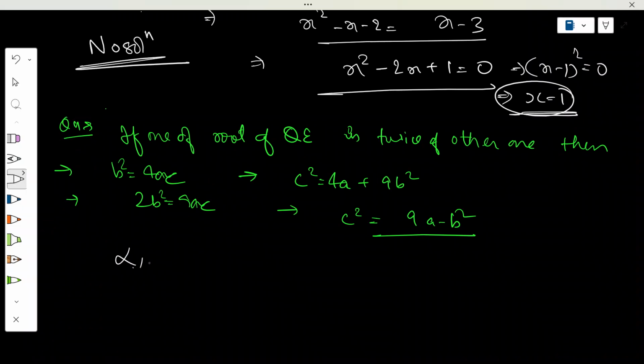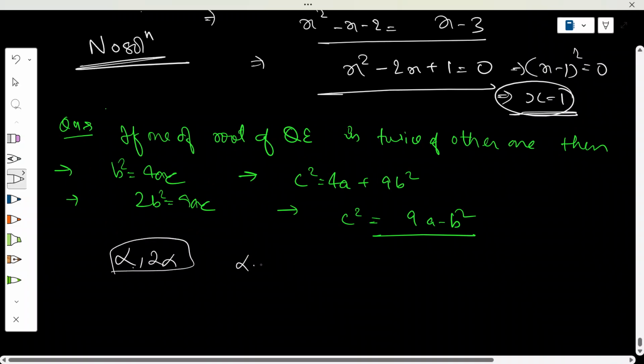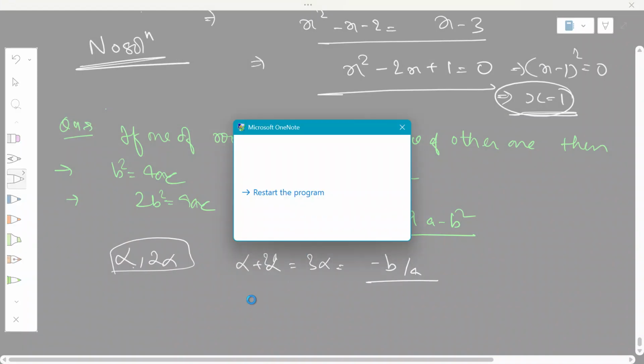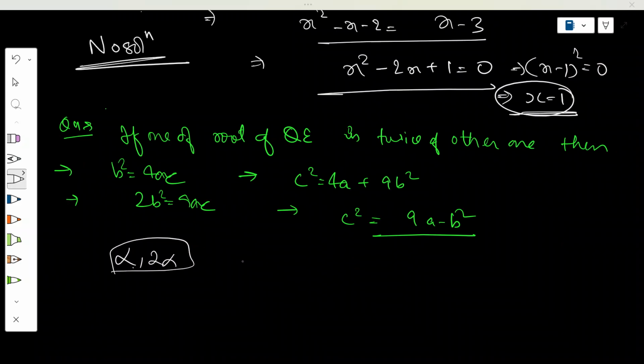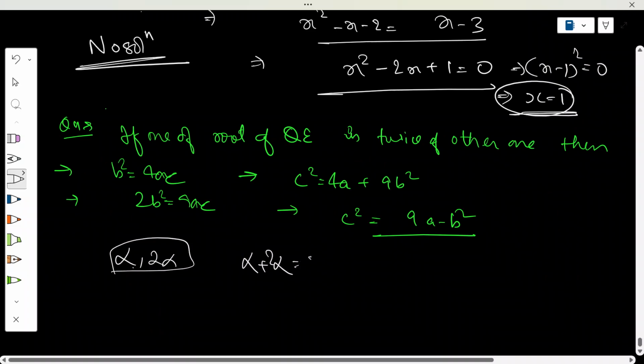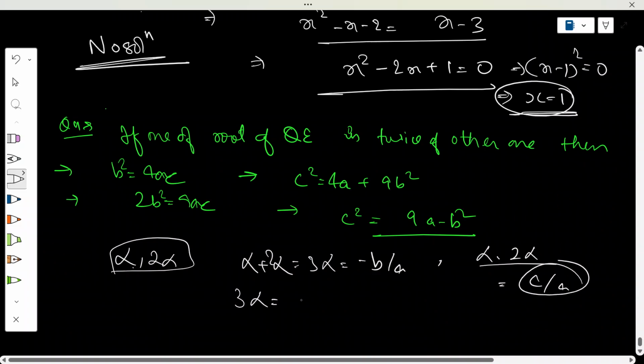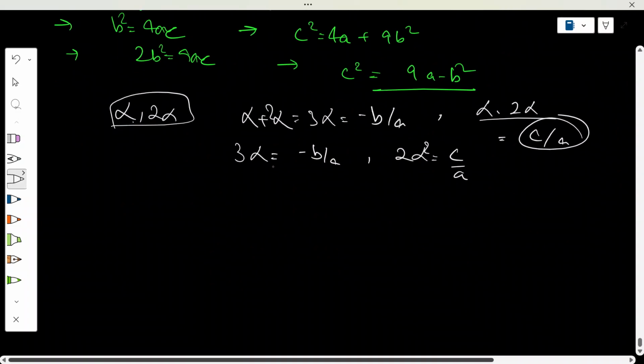It is given that one of the roots of the equation is twice the other, so we can assume that the roots are alpha and 2 alpha. The sum of the roots is alpha plus 2 alpha, which is 3 alpha, equal to minus b by a, and the product of the roots, alpha into 2 alpha, is equal to c by a. Since 3 alpha is equal to minus b by a and 2 alpha square equals c by a, we will find the value of alpha from here